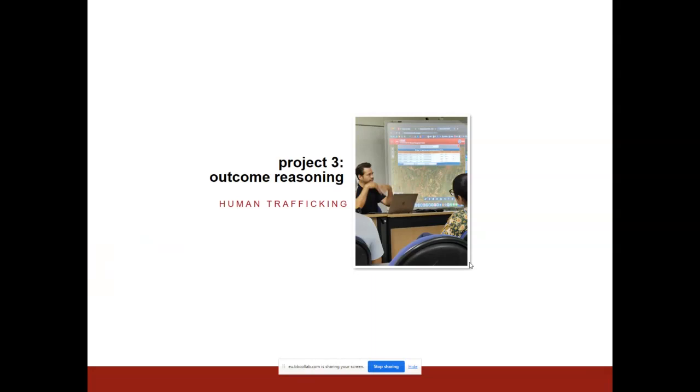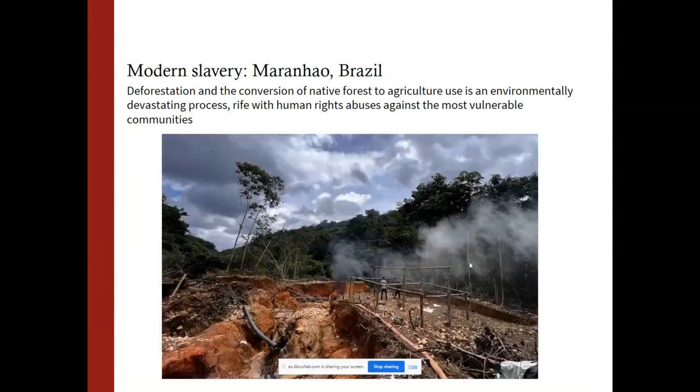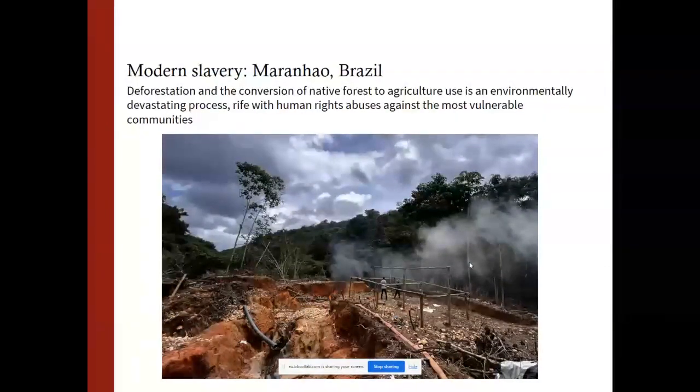So the third project is a human trafficking project. This is a very new set of studies that our team at Stanford, the Human Trafficking Data Lab, have been running. We've been operating in Maranhão, Brazil, with federal prosecutors. Maranhão is right on the arc of deforestation in Brazil, and it's tough in this area because